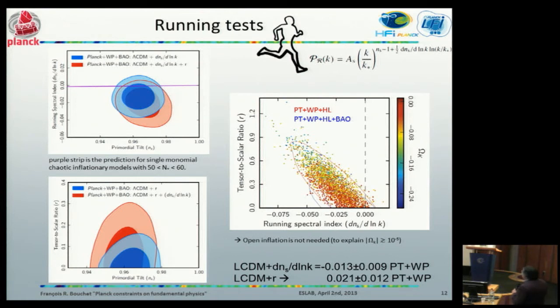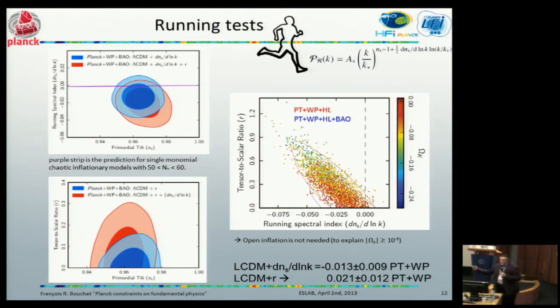Now, one reason why one may want to introduce running would be to have open models of inflation. For a while, there were these Baroque models which were trying to say, well, after all, if omega k is proven to be non-zero, inflation can go with it. The price is, of course, to have a running spectral index and tensor to scalar ratio, and now large ones. What you see is that there is absolutely no need for that, and this is all compatible with omega k being 0, happily fitting there with no running at all.